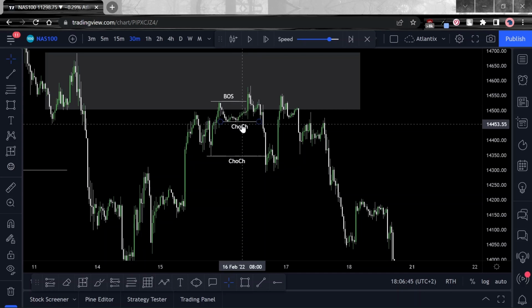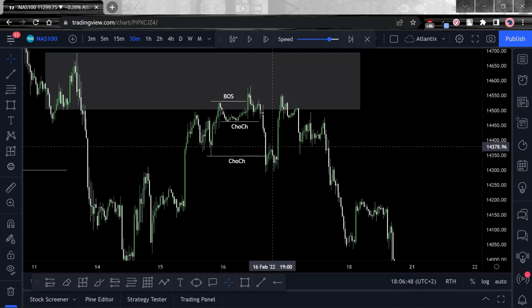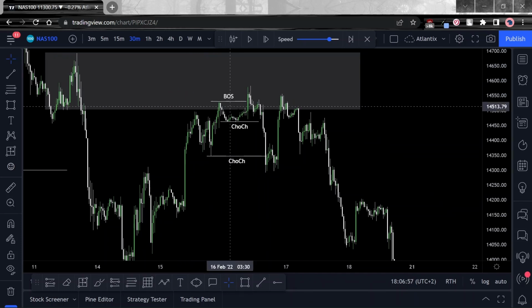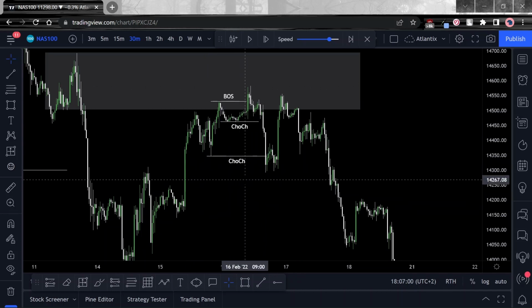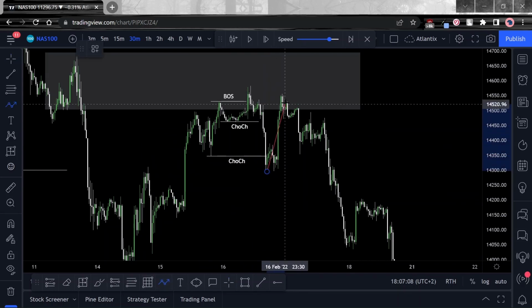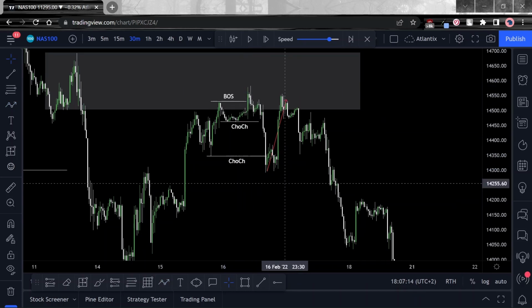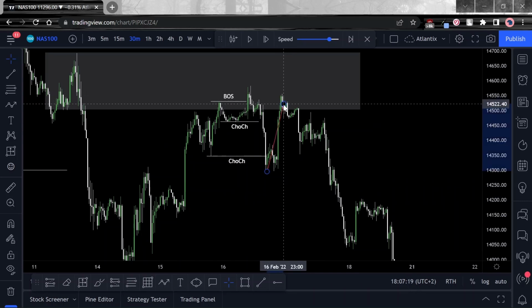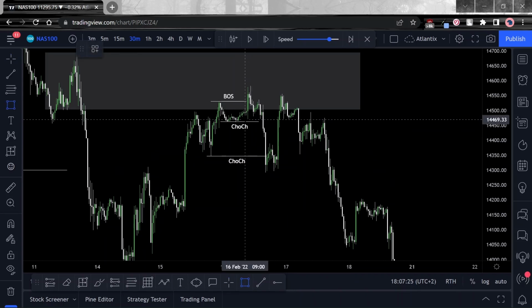Forcing price to change character, right? So we've got the impulsive move. We've got a higher time frame zone of supply where we can expect sellers to come in forcefully, right? And we see the change of character coming in like this. What do we expect? We expect that there's a high probability that price is going to turn back, which is exactly what happens. Price comes back, fails to give us a higher high. Do you see that? Prints a lower high over here. And if you're the kind of trader who can find an entry somewhere over there,